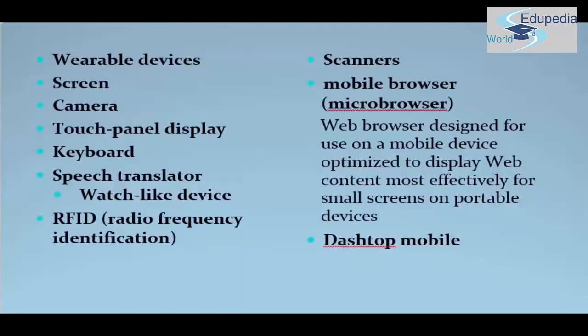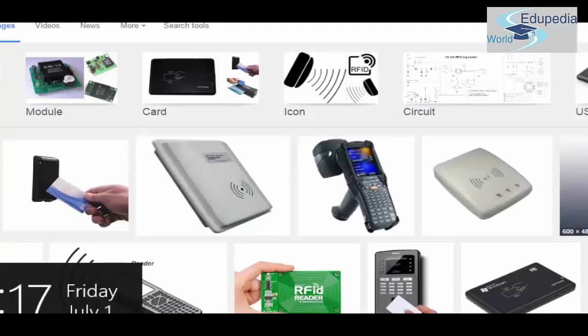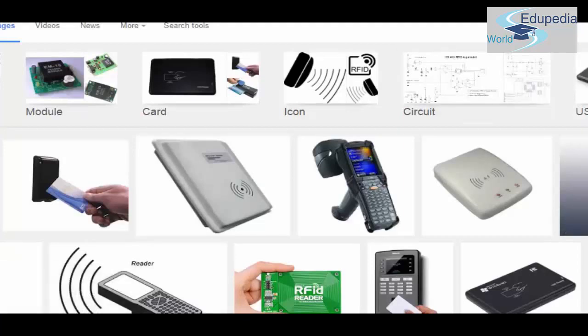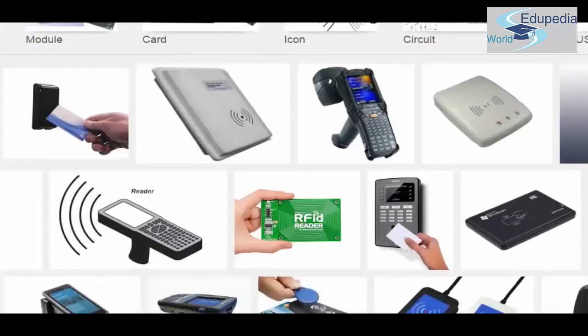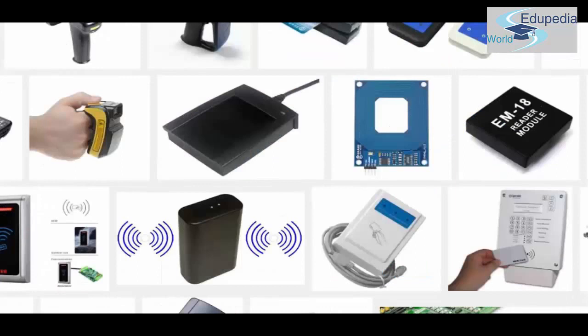So what we have here is a speech translator, RFID, radio frequency identification. Let's check that out. This is what an RFID looks like. It's a radio frequency identification reader, and it's a mobile device. It reads a lot of information. Credit card reader is one of them, and employee login, logout systems, and also speed radars, and all of these transmit information.